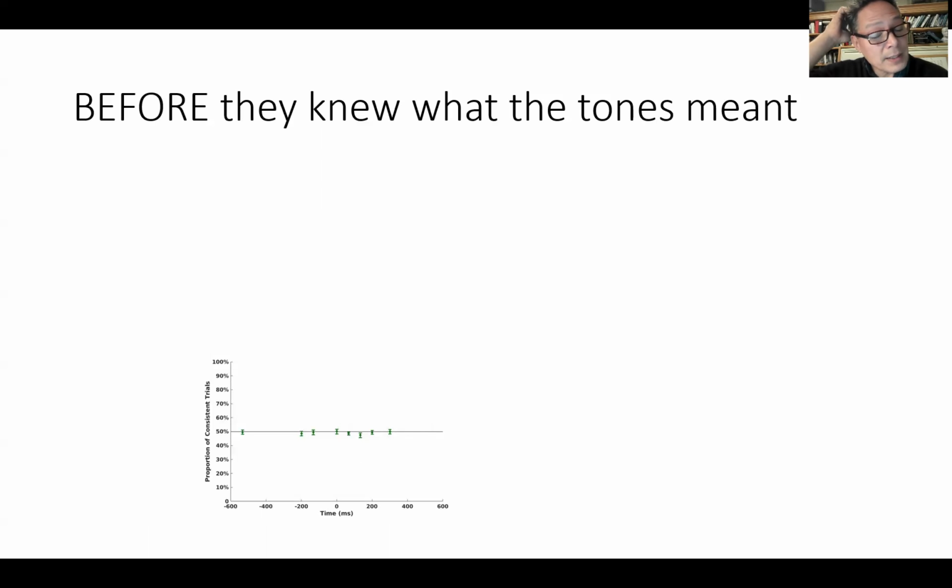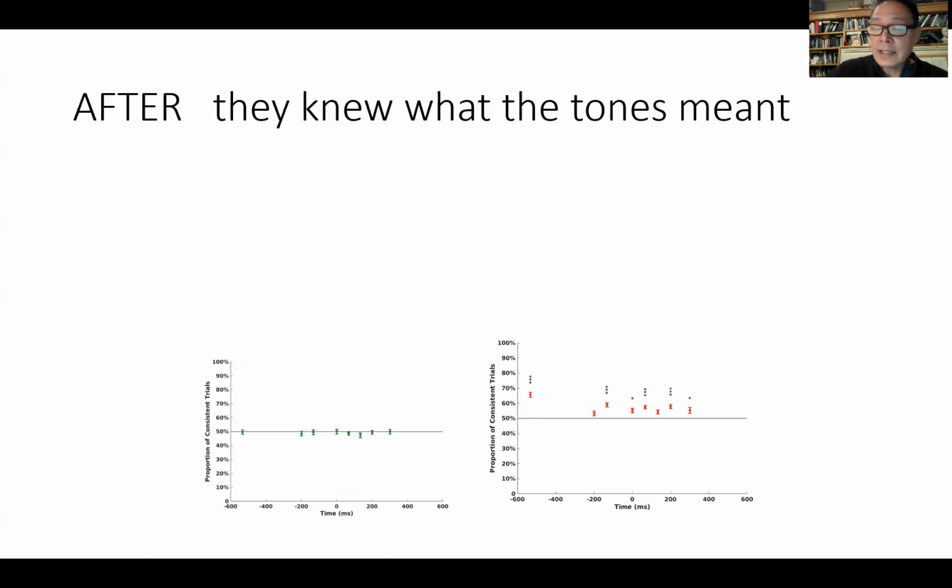Before people knew what it meant, of course, people were at chance, seeing vertically or horizontally. But then we told them the meaning of the tones: high tone, try to see it go vertically; low tone, try to see it go horizontally, or vice versa. And the data look like this. What's important to realize about these data is that the tone could even happen after time 0. So time 0 is when it went from one configuration to the other. So even after the event in the world, people were able to volitionally control what they would see, which implies